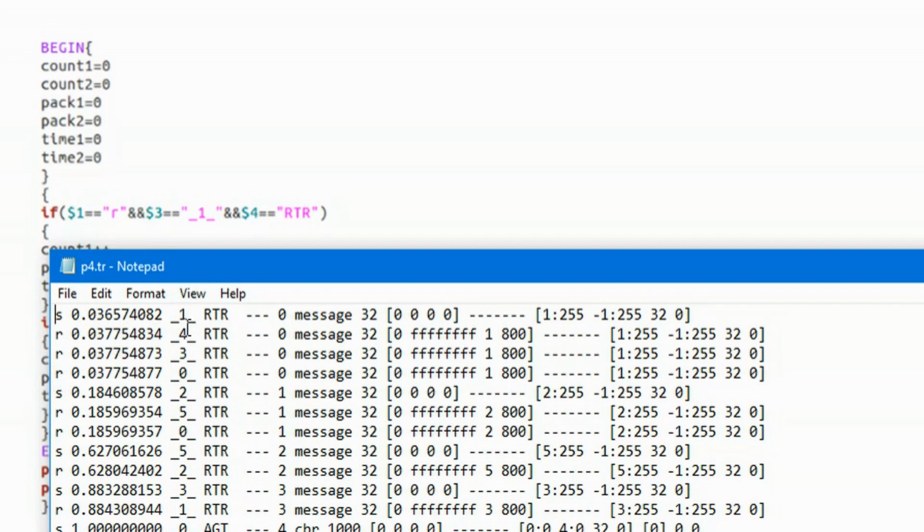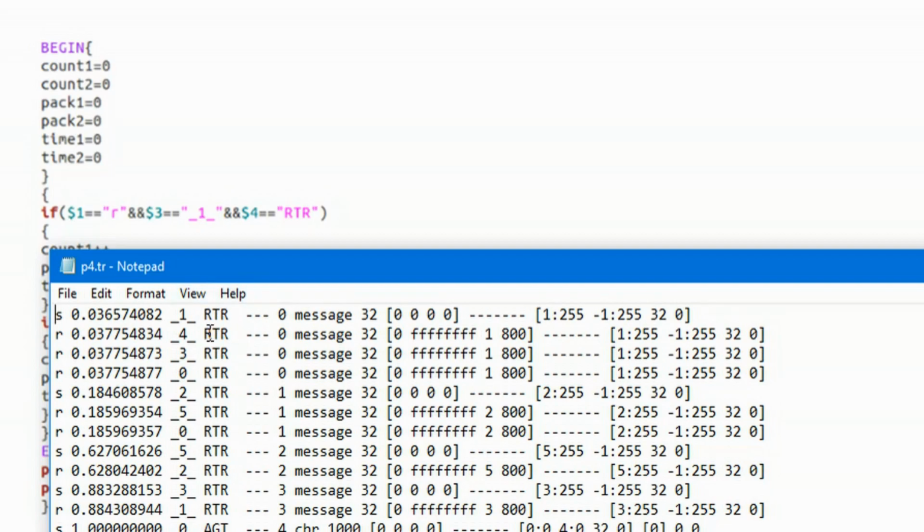1, 2, 3, column 3. Wherever I have 1, that is nothing but the node number. These are all the node numbers. So I'm just checking node number 1, because that is my sink, right? How many packets are received? It should be received, it should be node number 1, and it should also be router trace.